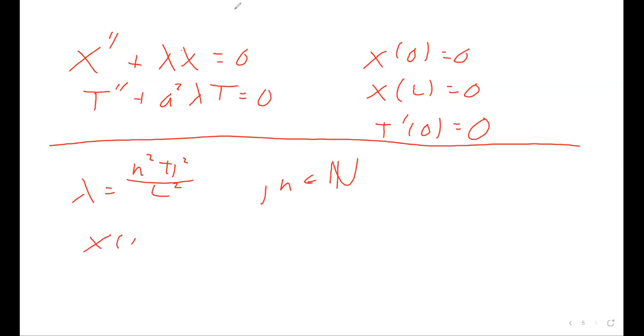And our x equation is going to be some c times sine of n pi x over L. So with these lambdas, this can be our eigenvalue, and then that's going to be our eigenfunction. So we get a non-trivial setup. So if we use this lambda to find our t, our t value comes out to be